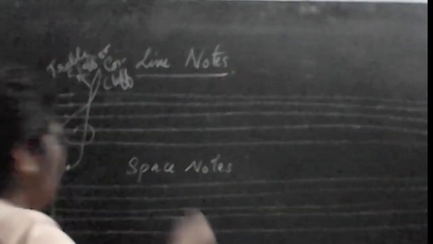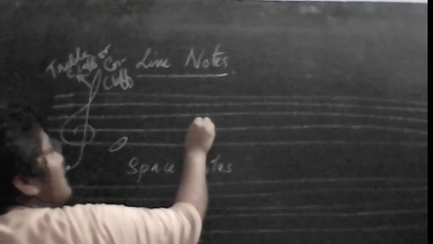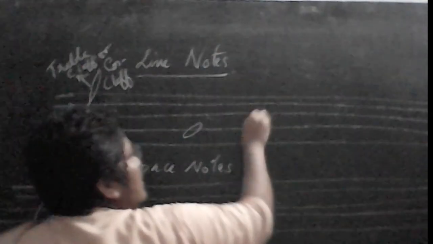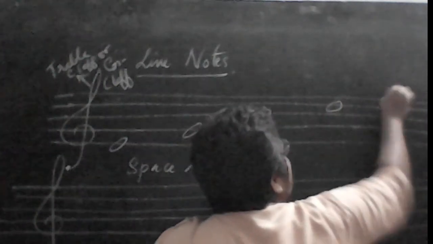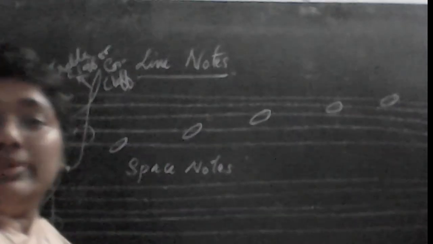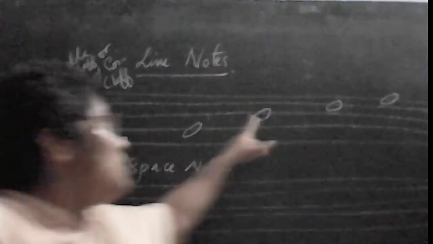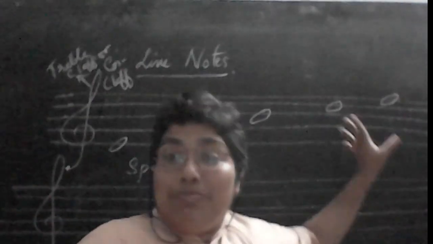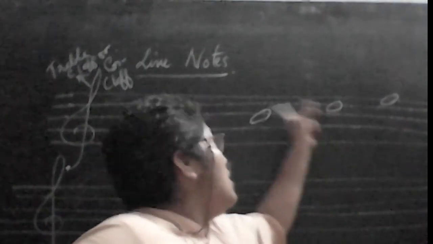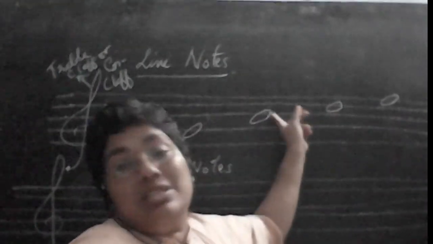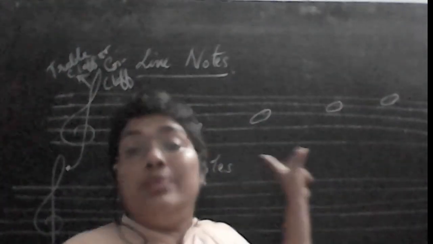So with 5 lines, there are 5 notes: first line note, second line note, third line note, fourth line note, and fifth line note. Some symbols are used. Now we are going to name the symbol, and this symbol remains the same. When you see this particular notation, you should know what this note is. Now we are going to learn what those line notes are.